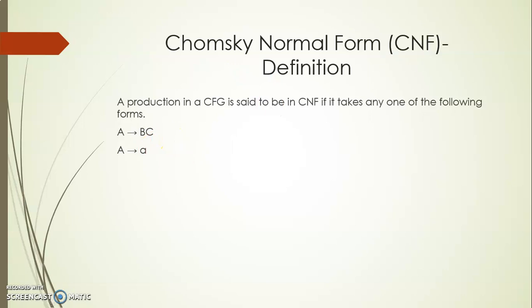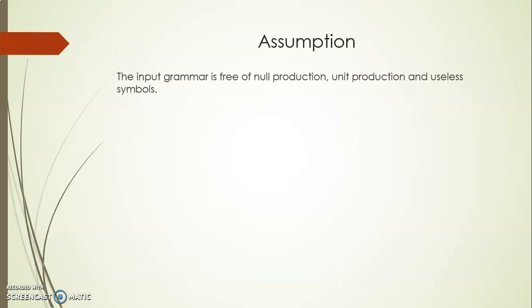We have already seen 3 videos related to it. When I want to convert a context-free grammar to Chomsky normal form, it should be free of null production. That is, the epsilon symbol should not be there in the given grammar, and there should not be any unit production. And finally, it should be free of useless symbols. To achieve these things, we have seen the steps. Now we know, given a context-free grammar, how to eliminate epsilon production or the null production from it, and similarly the unit production and the useless symbols.